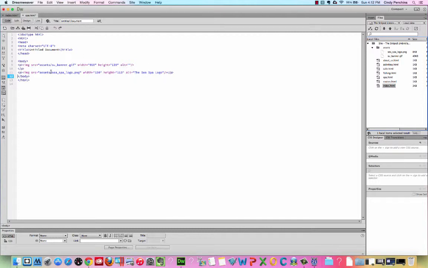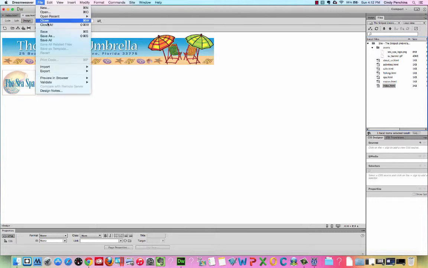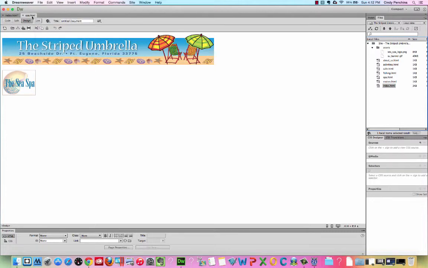fix this image, because if you leave it as is and then you upload it to the web server, it's going to be a broken image when people are looking at it on the web. They don't have access to your data file folder. They're only going to have access to these files. These are the files that we're going to be uploading to the web server. So I'm going to flip back to design, and then I'm going to save my work. So I'll do File, Save, and now my spa.html tab here doesn't have that asterisk next to it anymore, so